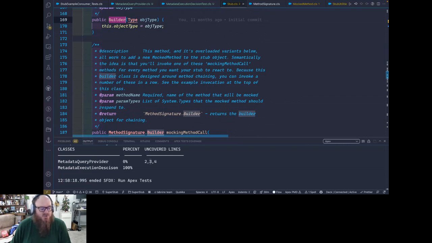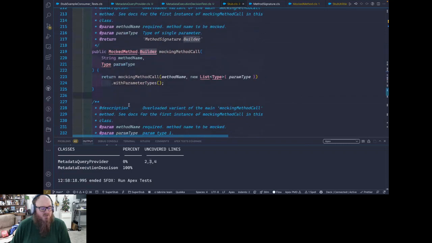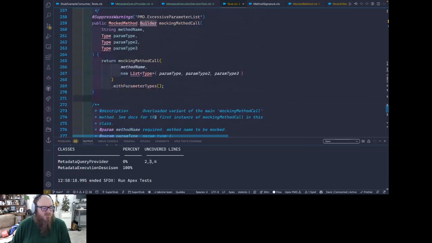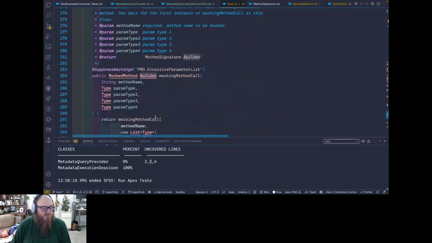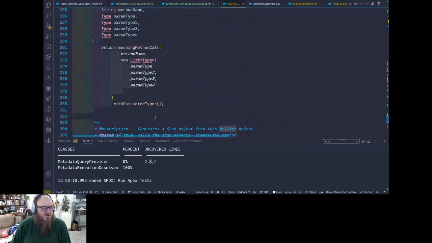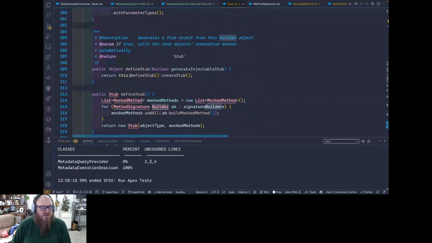So the deal with the actual stub builder, which is, where's my mocking method call here? It's going to return. I've got to find the one that actually does the work. Okay. Anyway,